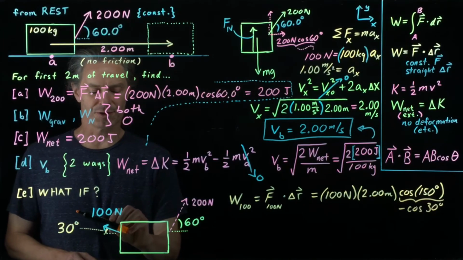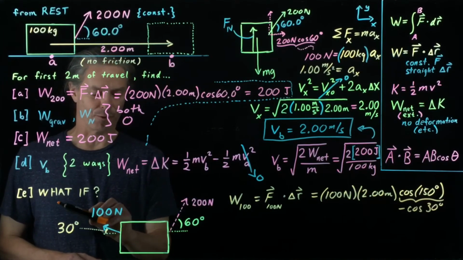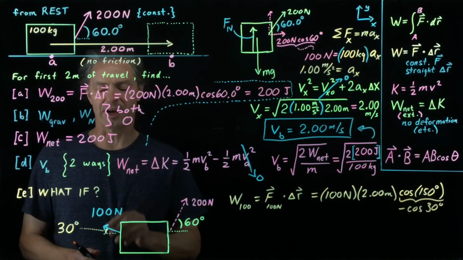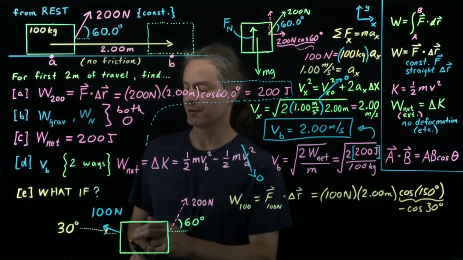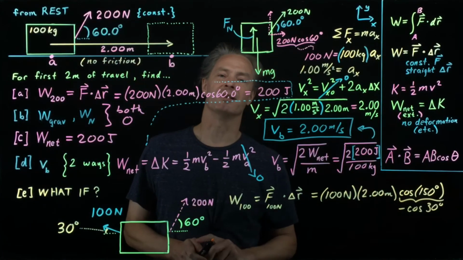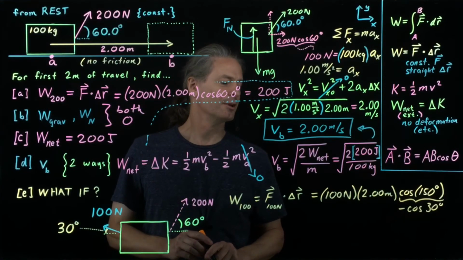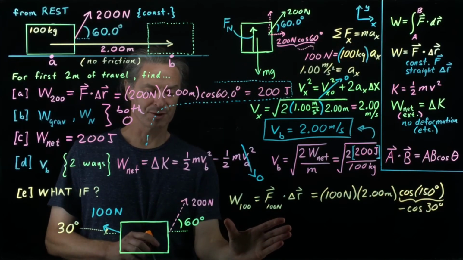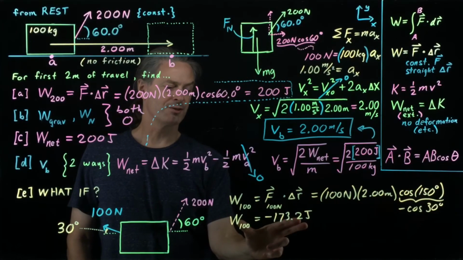So you can always use the full angle between the force and the displacement, or you can choose the smaller angle, provided that if the component of the force is opposite the direction of the displacement, then you put in a minus sign by hand. All right, so we multiply this out, and we get for the work done by the 100 Newton force, negative